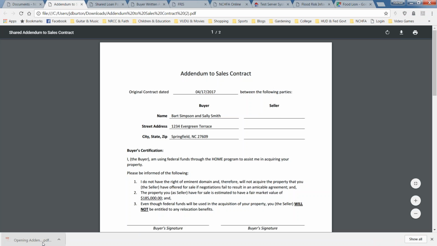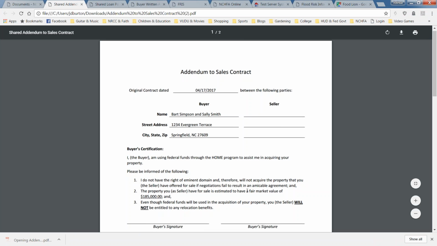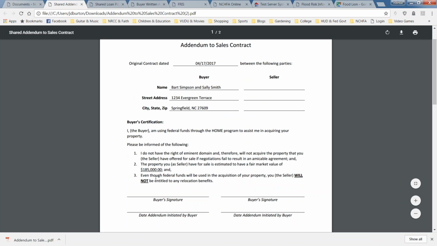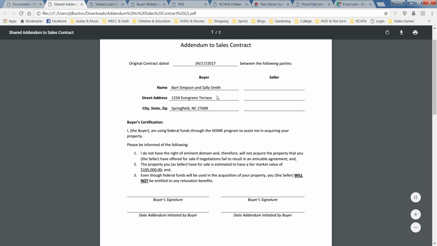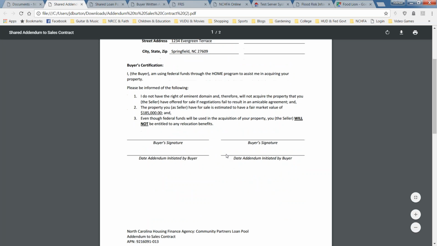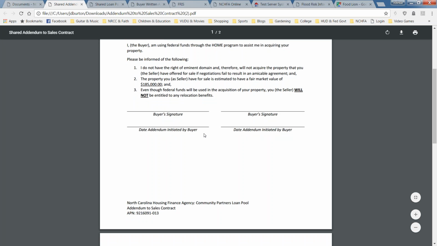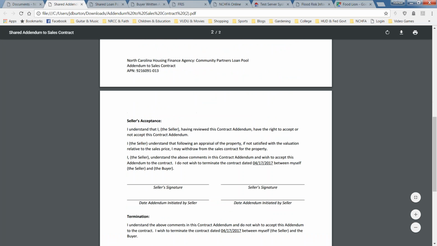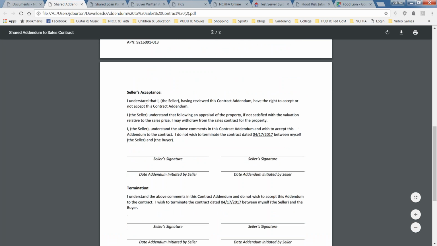And this is one that, particularly if the sales price or the appraised value changed, has to be regenerated because it is pulling in both of those numbers. In this case, the borrower is already entered in. We do not collect the seller information currently. There may be a day when we collect that in the portal, but it's not collected, so that's going to have to be written in. The buyer signs,